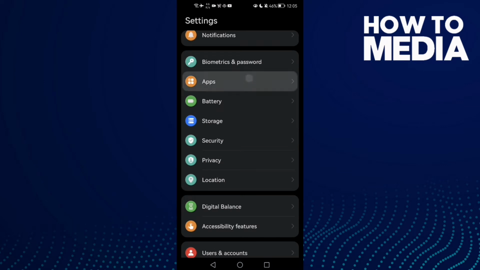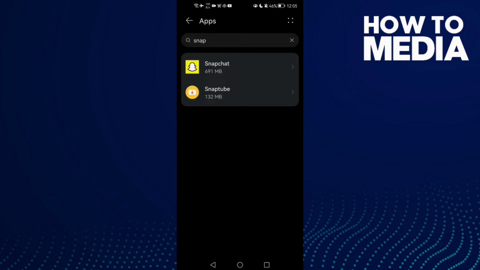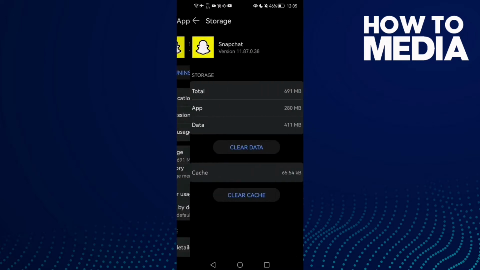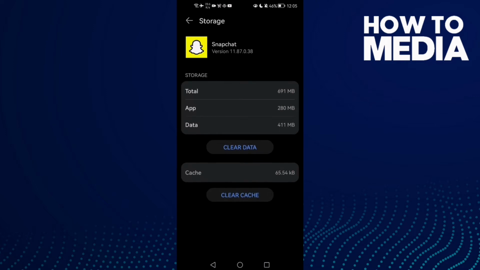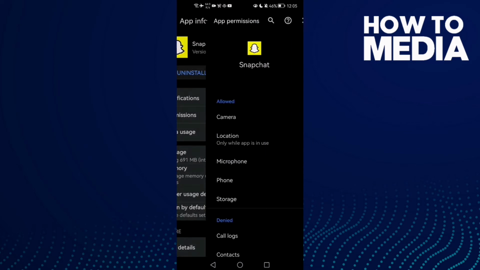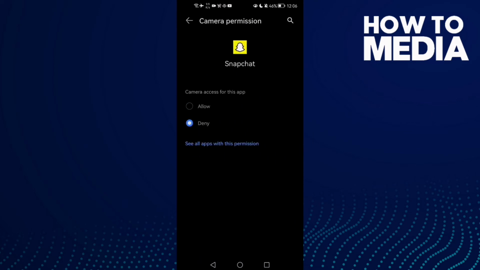until you find Apps, and now click Apps again, and here just type Snapchat and then click Storage and click Clear cache and then click Force stop here. Now just go to Permissions and check Camera here, maybe you'll find it like that, and then click Allow,